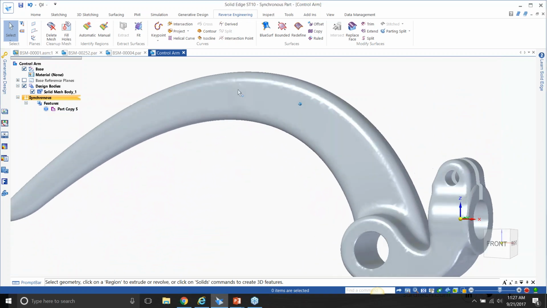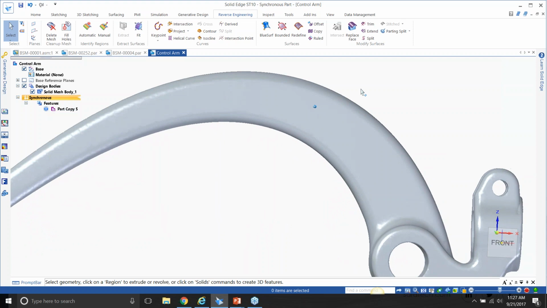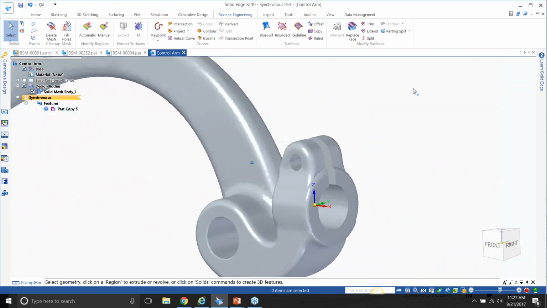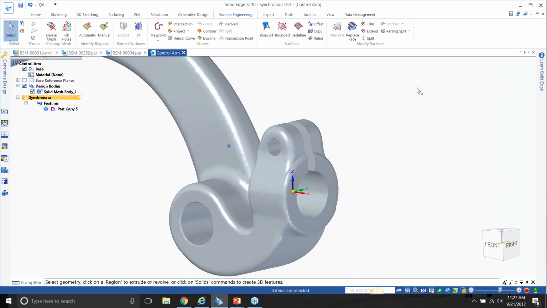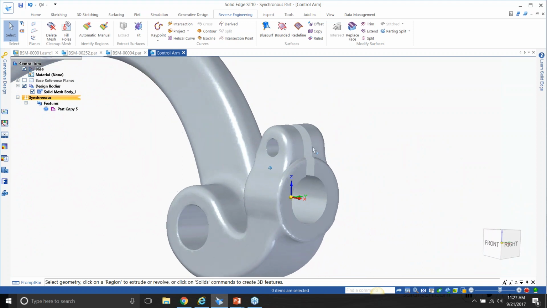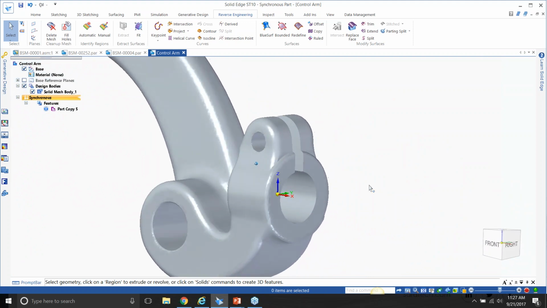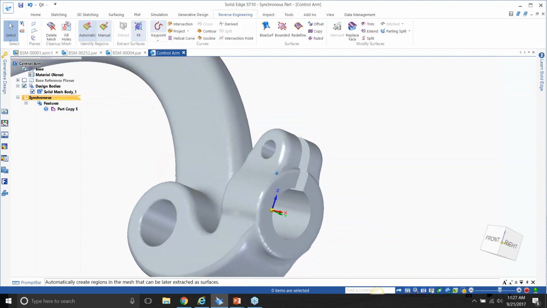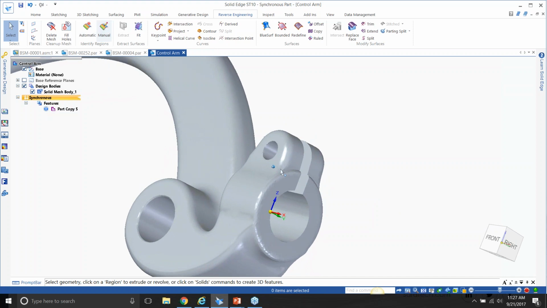So just like that, we completely deleted a hole. But say we want to create a new part using reverse engineering. For example, this is a clamp-like structure, but I don't have a part to go through it, and I don't know the dimensions. What you can do is use reverse engineering by identifying these regions and creating